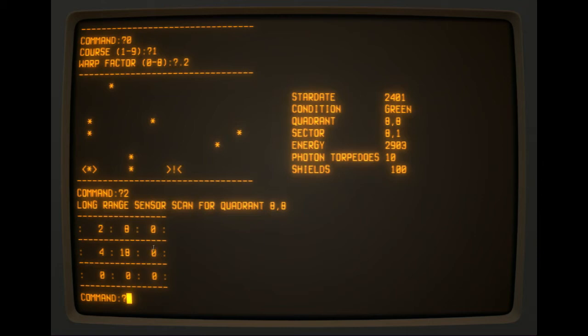So no Klingons near us. And here's the starbase. So like I said, it says 1-8. So here's 1 starbase and 8 stars. 1, 2, 3, 4, 5, 6, 7, 8. So I need to maneuver to get to the